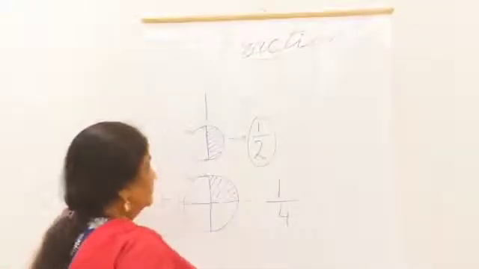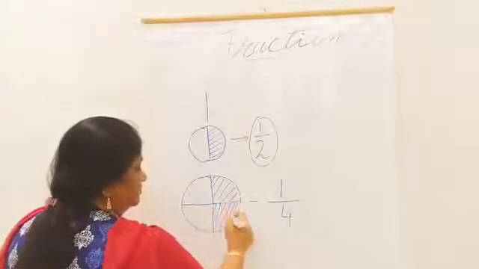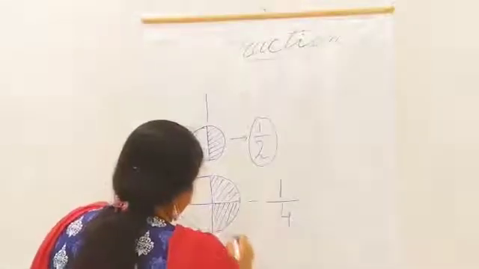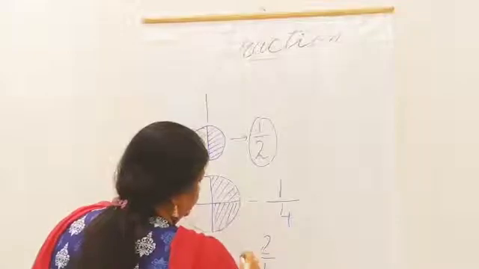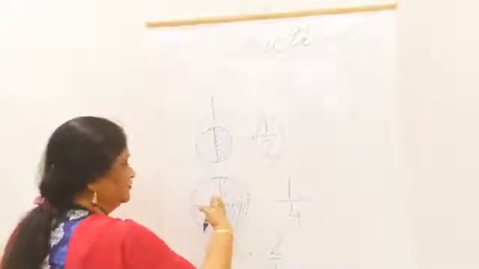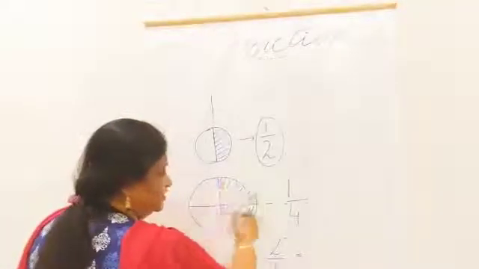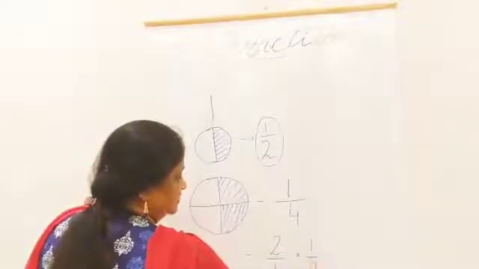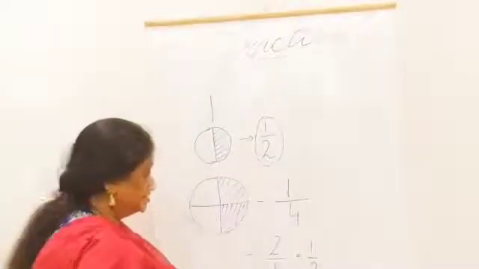Now I want to give one more part to somebody, the second friend of mine. How will I write that? I will write in the form of 2 upon 4. We can also write it in this way, 2 upon 4. You see the circle, half of the circle is already used. That means we have divided this and we get half again. That shows half of it is already used, children.